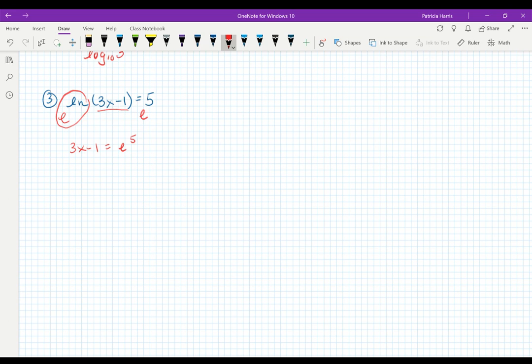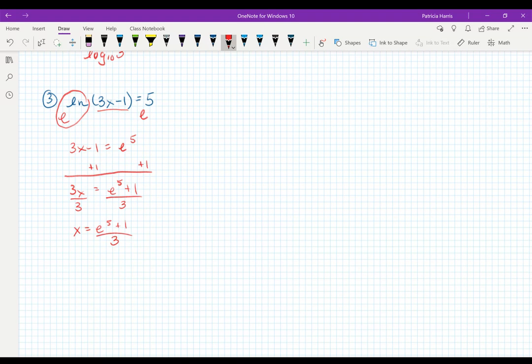Now e raised to the fifth is just a number. Remember, e is not a variable, it's a number. It's 2.78 and change. So what we're going to do is add 1. Divide by 3. Okay, this is what they call an exact answer. Okay. All right, so if I want a decimal approximation,